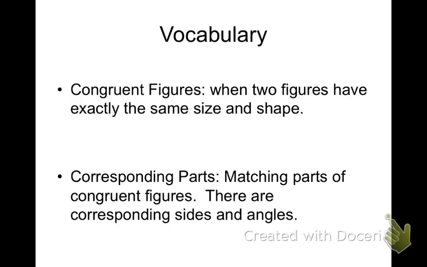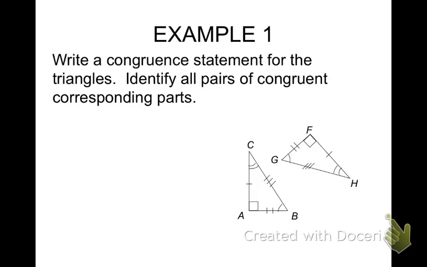All right, so after we have that jotted down, our first example gives us two congruent triangles. We're going to write a congruent statement, and then we're going to write out the corresponding parts. Now remember, a congruent statement is something such as line segment KM is congruent to line segment TS. So you're stating that one thing is congruent to another thing. So what do I have here? My figures are two triangles. I want to state that those two triangles are congruent. So someone name this triangle to me. Put these letters in any order. What do you want to do? Triangle